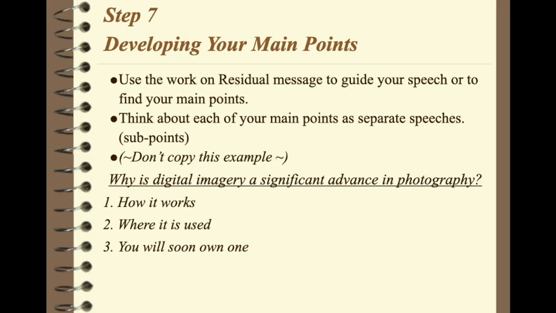Number 2, where it is used. Let's just think about it. You've got cameras absolutely everywhere. You can't go anywhere without them. First of all, your phone has a camera. Your phone can actually make sure that you are the correct user by looking at your face and analyzing things. People have cameras in their doorbells. When I put my car in reverse, there's a camera on the back of it. There's a camera absolutely everywhere. So the application of digital imagery is just crazy.